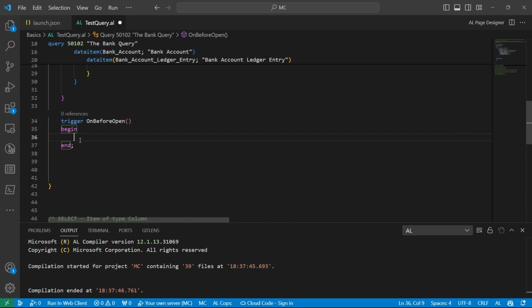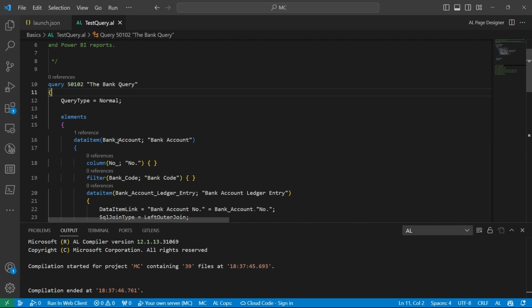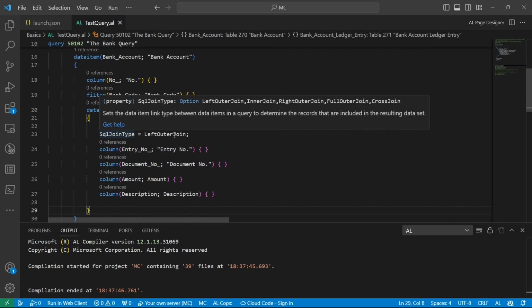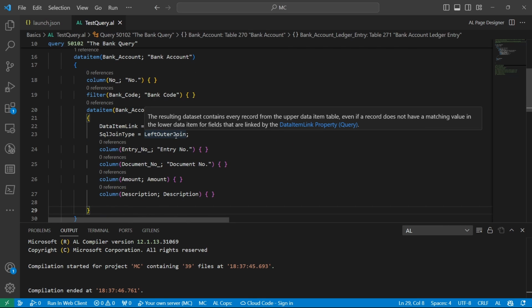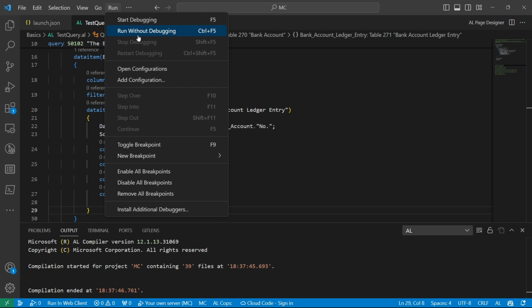But we just want to have a message that will basically have a breakpoint and see what will happen when we are running the query, and there is no trigger for on after open, so that we see. But the default is the left outer join. That is the point. So the resulting dataset contains every record from the upper data item, even if a record does not have a matching value in the lower data item for the fields that are linked in the data item link property. So if we are to run this again,